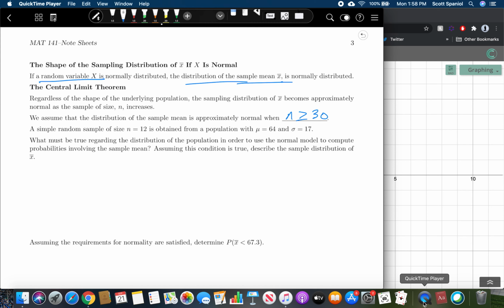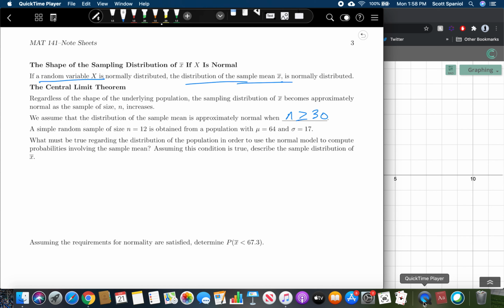So let's look at an example of dealing with these type of things. A simple random sample of size 12 is obtained from a population with mu equals 64 and sigma equals 17. What must be true regarding the distribution of the population in order to use the normal model to compute probabilities involving the sample mean? Assuming this condition is true, describe the sampling distribution of x bar. Okay, so first things first,